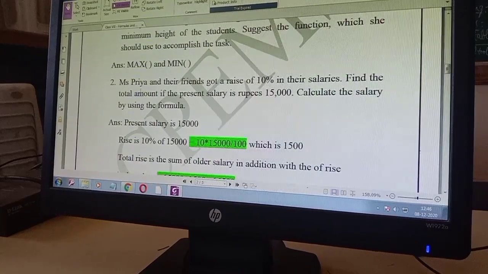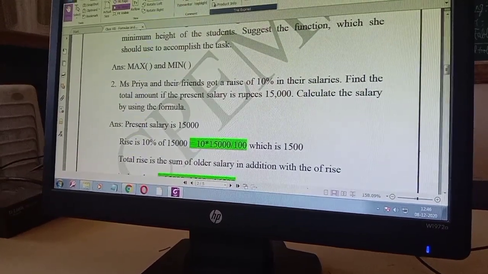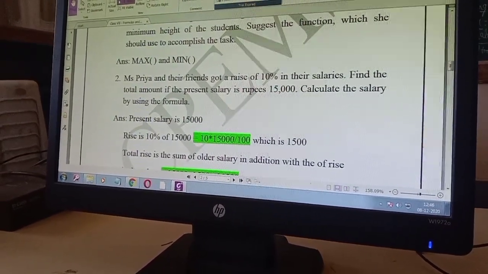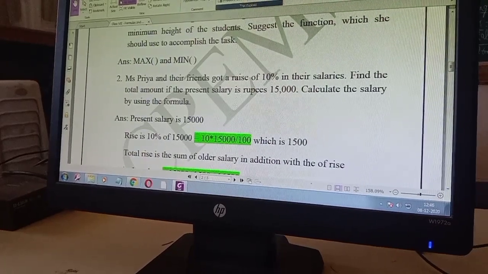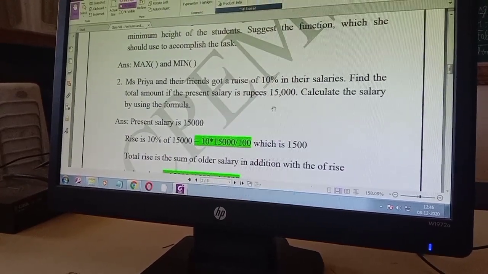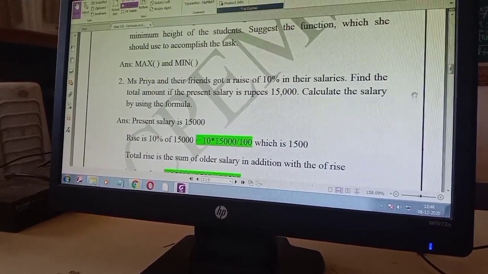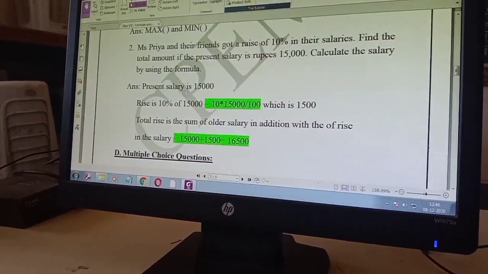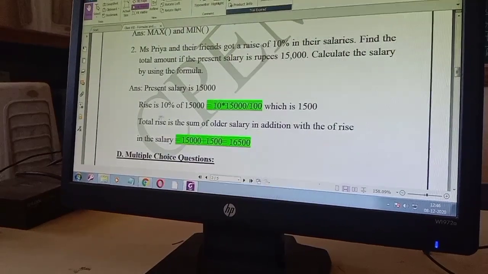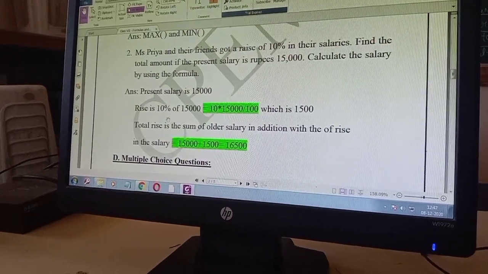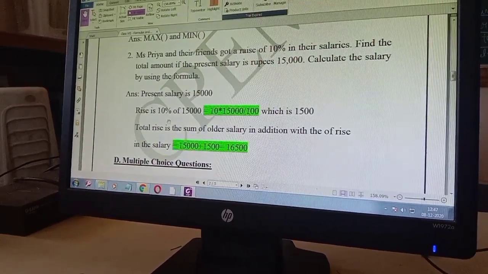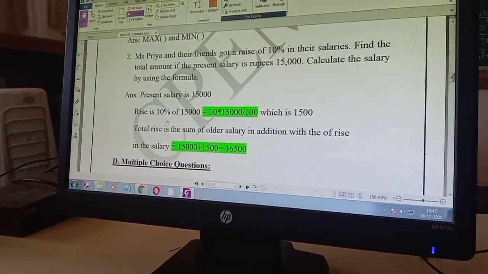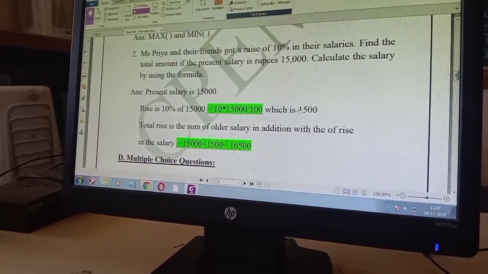Now Ms Priya and her friends got a raise of 10% in their salaries. Find the total amount. The present salary is rupees 15,000. Now calculate the salary by using the formula. Present salary is 15,000, right? Raise is 10% of 15,000, that is equal to 10 into 15,000 by 100, which is 1,500.